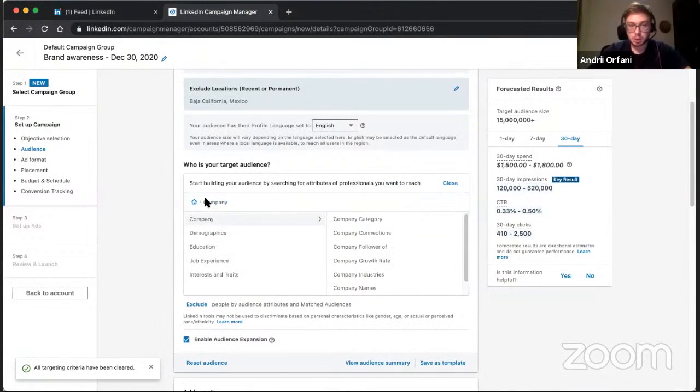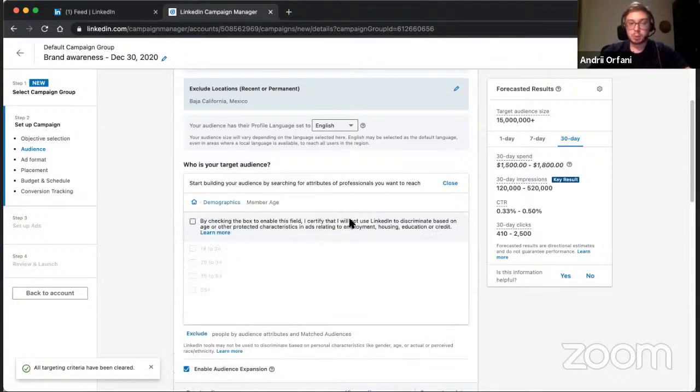So as you see, the options here are pretty good. You can do very specific targeting in LinkedIn. Next would be demographics. So we have here member age and gender. It's kind of the same idea as on Facebook, that you need to put a check mark here that you will not